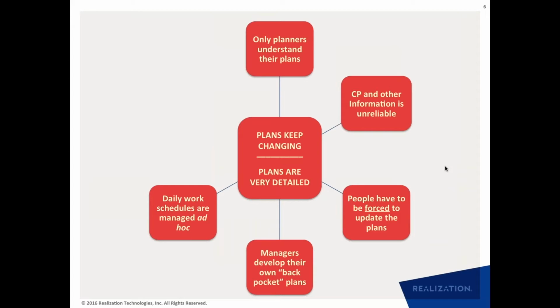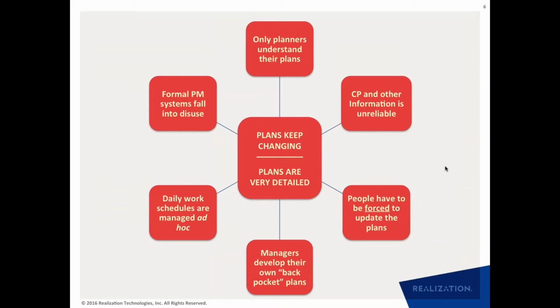And because the formal project plans are not being looked at or not being updated properly, or they're constantly changing, what we also find is that daily work schedule management and control is pretty much ad hoc, because you look at your own version of the plan and based on that you decide what priorities should be followed, or you follow priorities based on whoever is shouting the loudest, rather than referring back to the formal project plan and deriving your priorities from there. And finally, what it all means is that the formal project management systems fall into disuse.